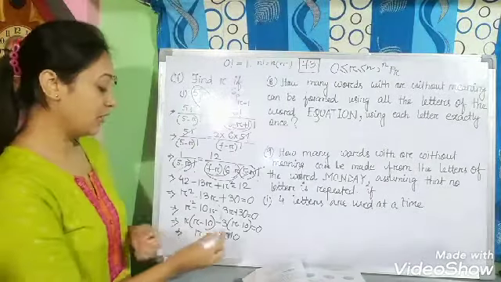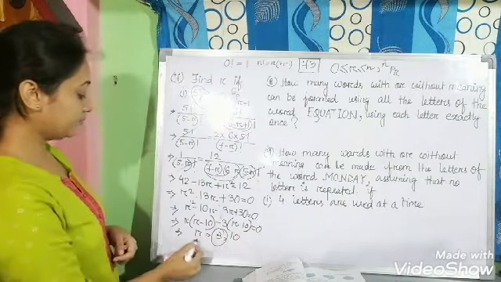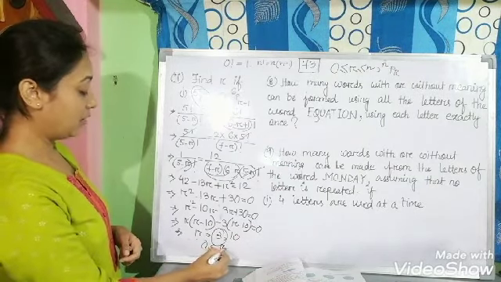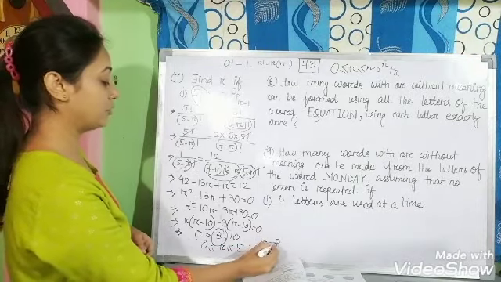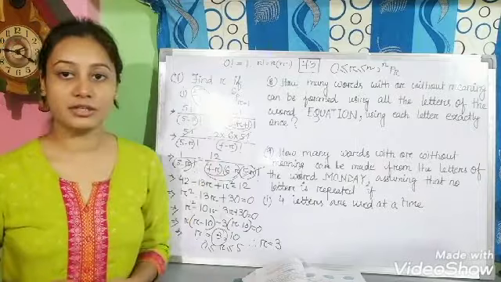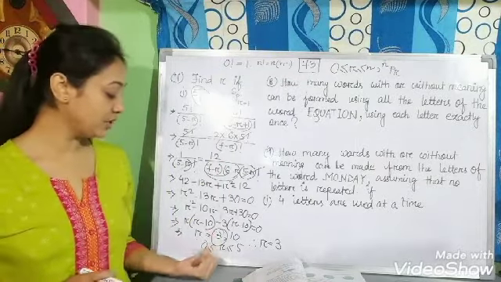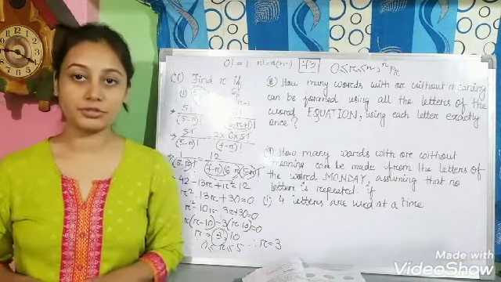That is 3. So at the end you will write, since 0 less than or equal to r less than or equal to 5, therefore r is equal to 3 and r equals 10 is not possible here. Okay, this thing you have to mention. If you don't mention this part, then 1 mark will be reduced in your exam.